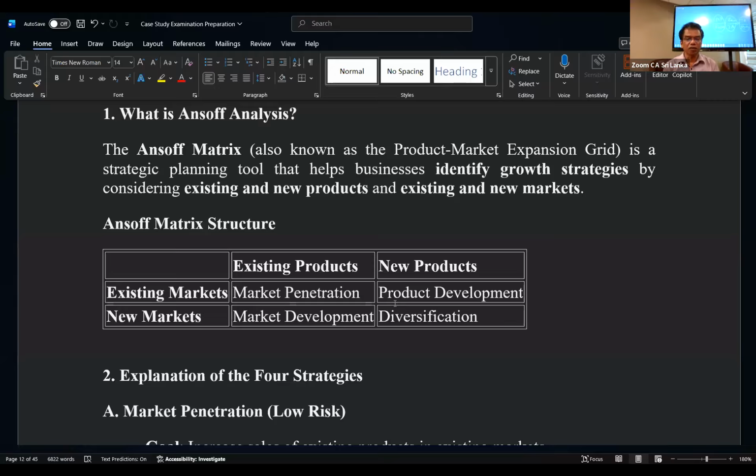Don't just write product development, market development. Which market are you going to? Why are you going to that market? Whether there is a requirement for that. How are you going to tackle this market? Whether your product will be accepted in that market? Then you have to logically build up and tell this. I am going to this market because of this, because of the unseen, seen, pre-seen, all the information given. Then diversification. Don't write diversification as a strategy. Tell what you are going to do, how you are going to diversify, what is your thinking, what is your strategy. You must tell that.